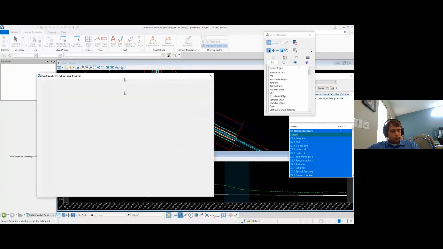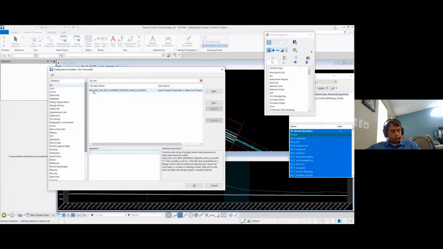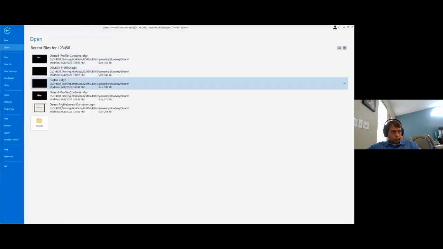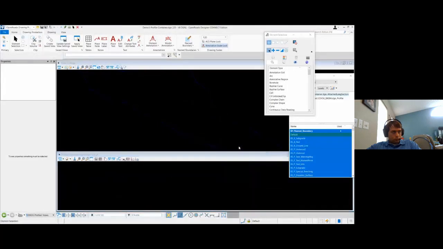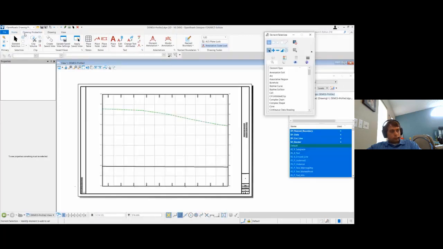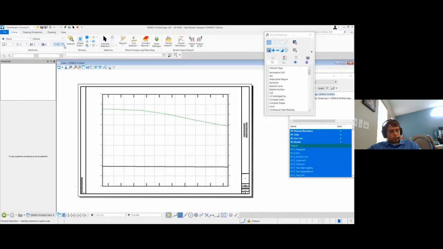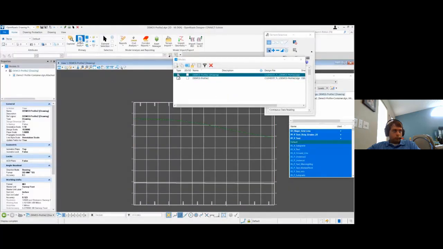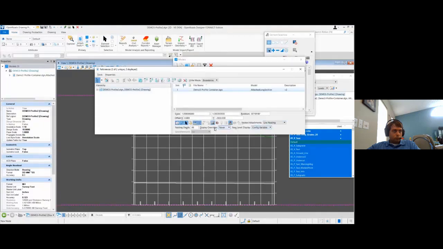So let's take a look at our level display for profile view. I've made a container file that I added a bunch of references to, and you'll see that I have the do not override variable on right now. I've also already cut to my profile sheets. If we take a look at those, you can see that they already have the display overrides set to never, just like in the plan view.